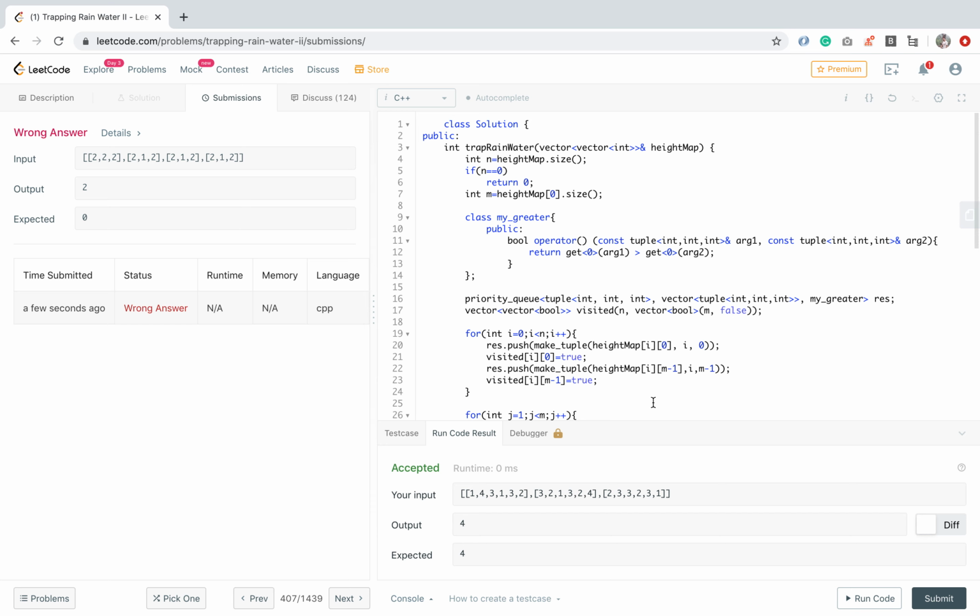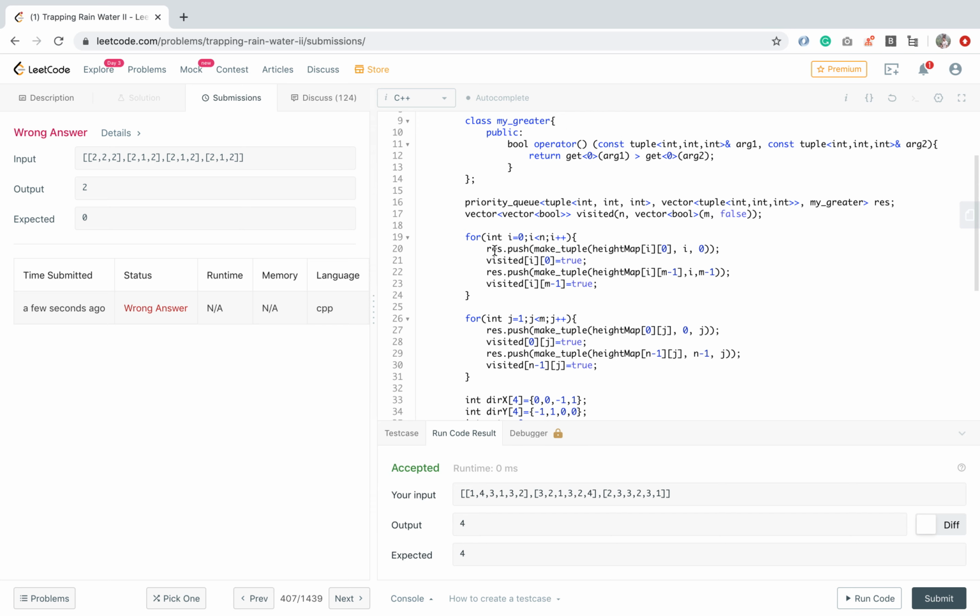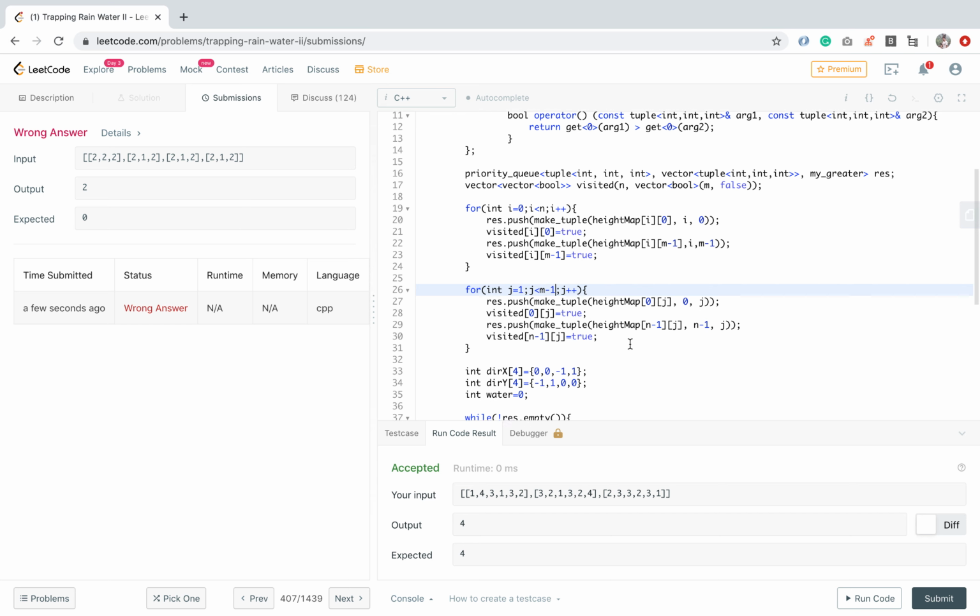So here we got n, we got m, declare the priority queue. Here we are pushing the first column, last column, 0 to n. Oh, here we don't have to go until m minus 1 because the last column has already been pushed, so we have to go until m minus 2 only.